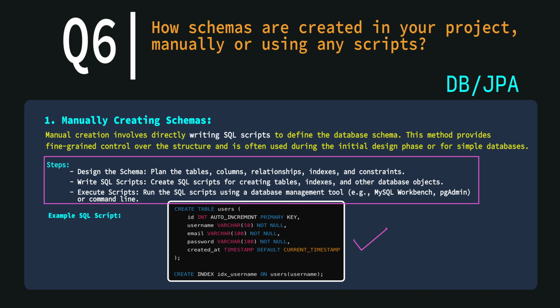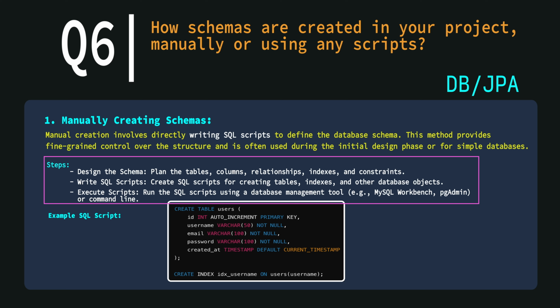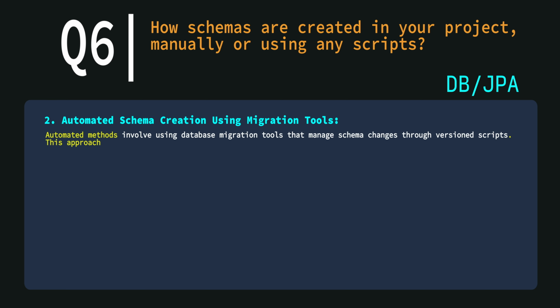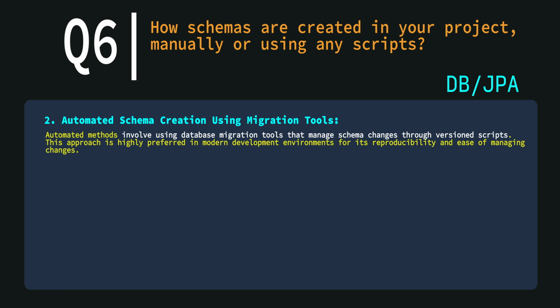Here I'm just popping up one example script to create a users table, and the table has multiple columns like ID, username, email, password and created at. Also we have a script to create an index on the table using username. On the other hand, through the scripts, or we can say the auto scripts, actually with this method also, we will create the SQL statements required.